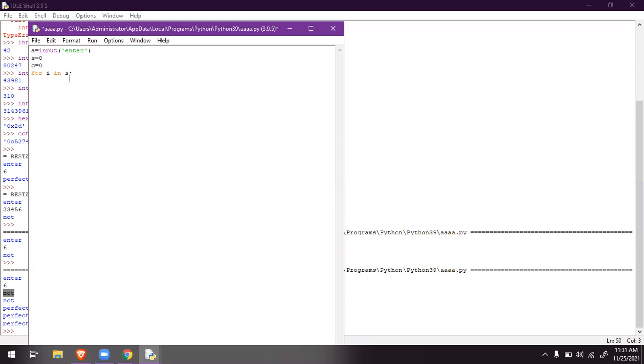We're comparing each individual character. We are assigning each individual character to the variable i. So if the user types enter, at the first iteration E will be assigned to i, later N will be given to i, later T will be given to i, like that.